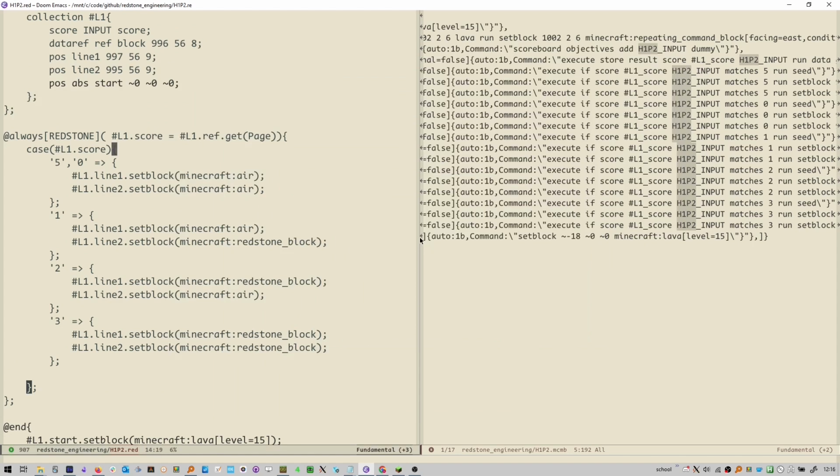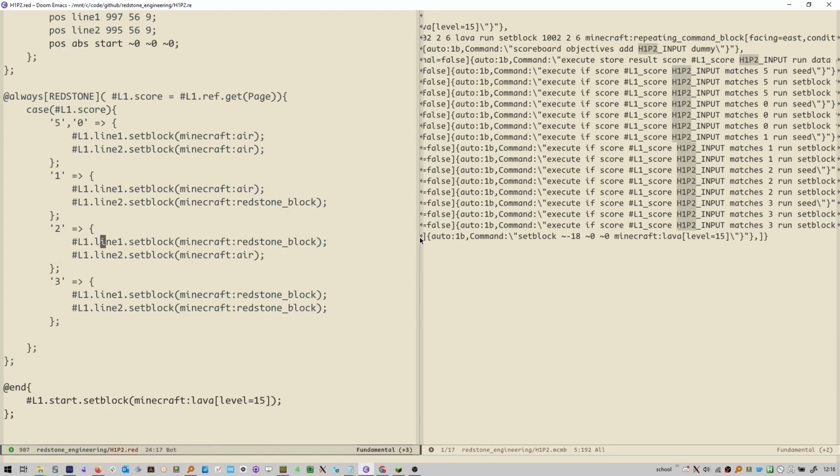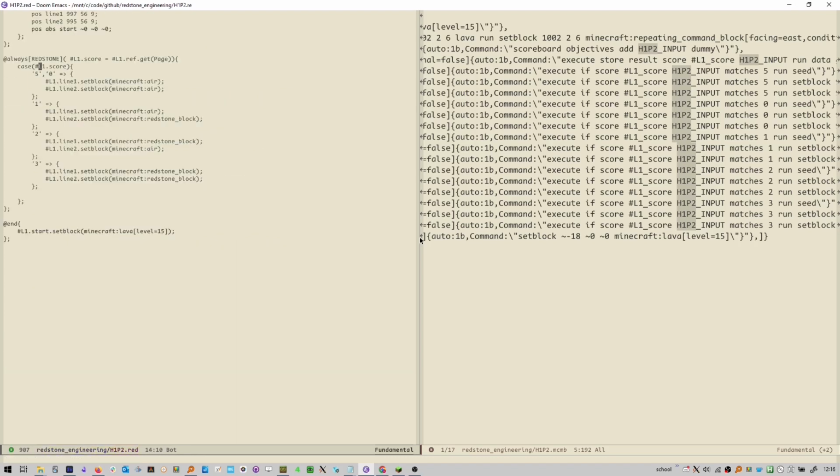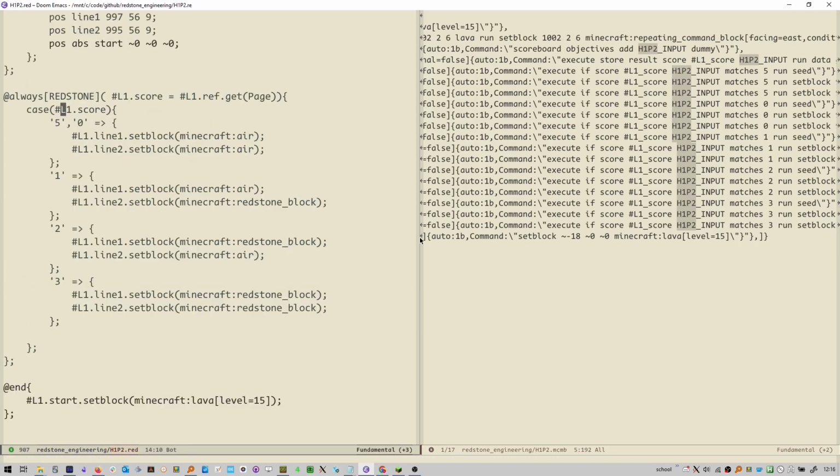And then we have a little case statement that goes on the score. This actually gets turned into a bunch of if statements, but I feel like case statements are easier to read, and I felt like that was a good language feature, especially because of how Minecraft works using the match command. So like you do 5 to 7, right? Or like